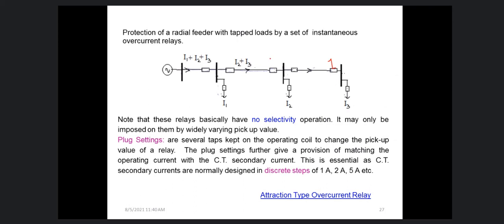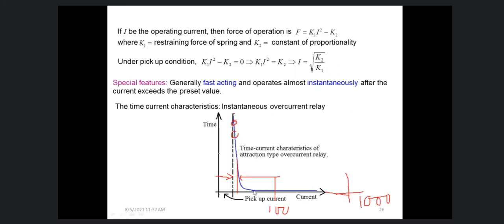Then obviously all the relays will operate at the same time. I am indicating all these relays only. So they operate at the same time, so there is no need to provide all these relays, or there is no gradation. But if we can give a time gradation, then it would be better, right? If the current is here, then for this particular current it will wait for a time, then it will be operated. At the same time, if we use the same type of relay, then you see in this characteristic, beyond a certain current, the operating time is the same.